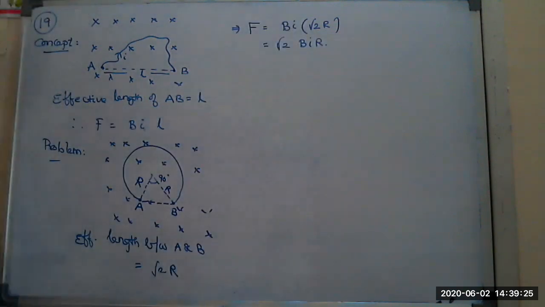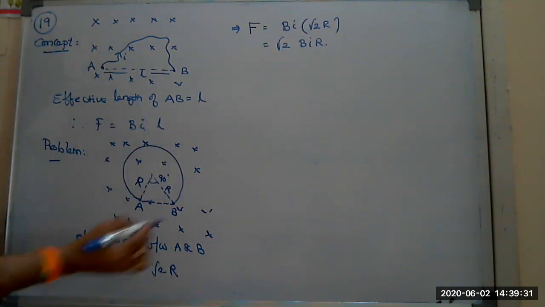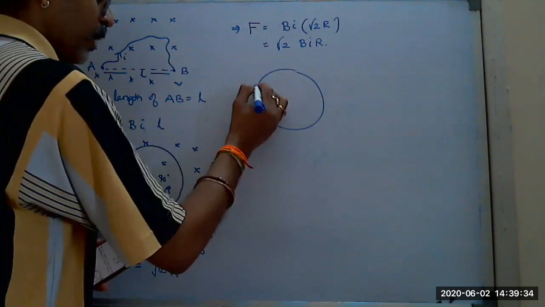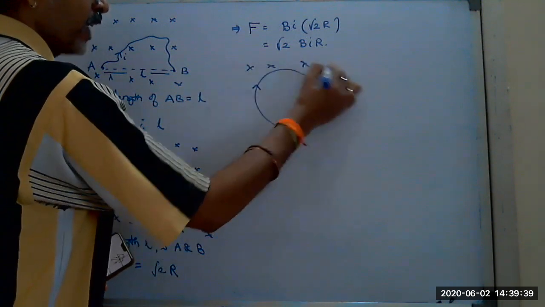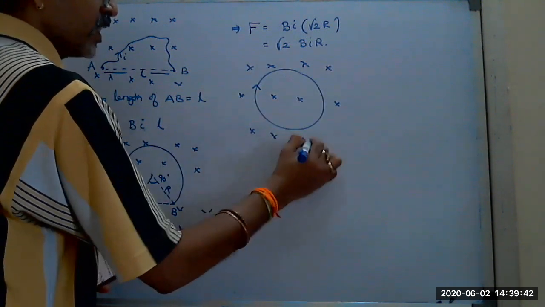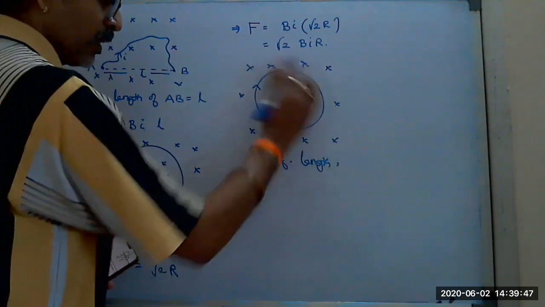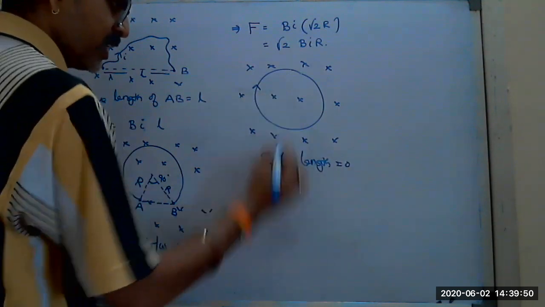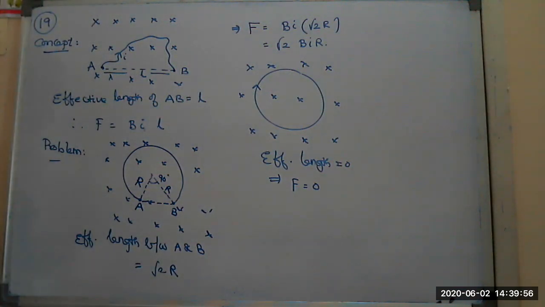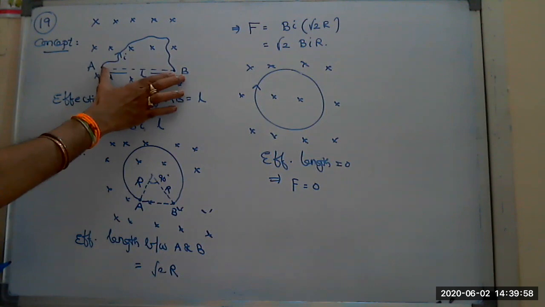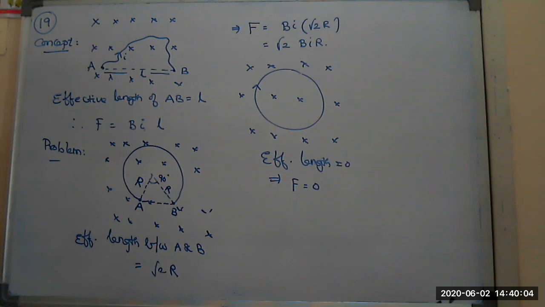This is the formula. And keep in mind, if I am not able to find the effective length, for example a full circle is placed without any open ends, completely closed, like this, then in this case I say the effective length is equal to 0. Why? Because the total part is closed now. Effective length is 0 means in this case the force is equal to 0. So try to understand, you can find the force on a conductor only when it is open like this. If it is closed, then the force is equal to 0. This is the concept.